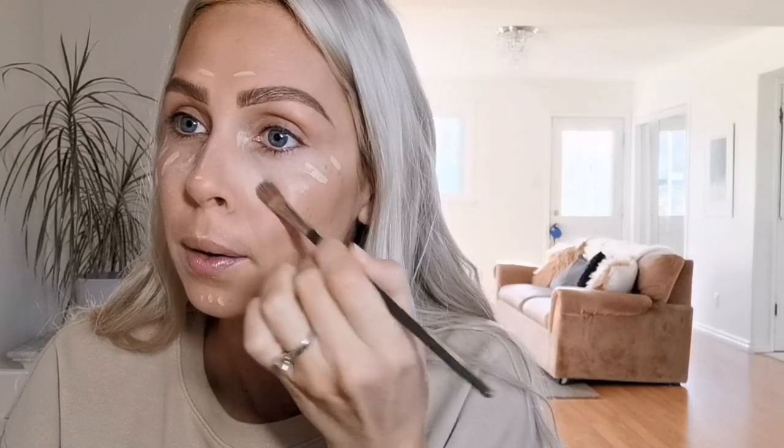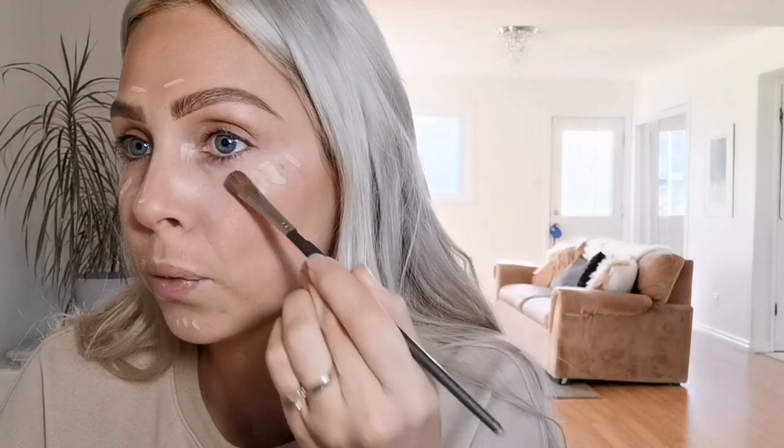And this one, I find that usually I blend in all of my concealers with my fingers, and I found that this one blended better with a brush. So I'm going to use just this flat concealer brush. It just has a different consistency to it. It's in between, I don't know, it's got like a tackier kind of feel to it. So it doesn't really blend through very well. You have to work at it,